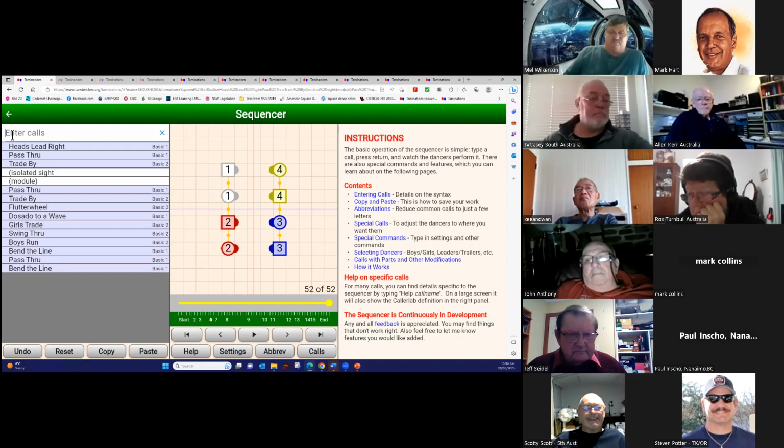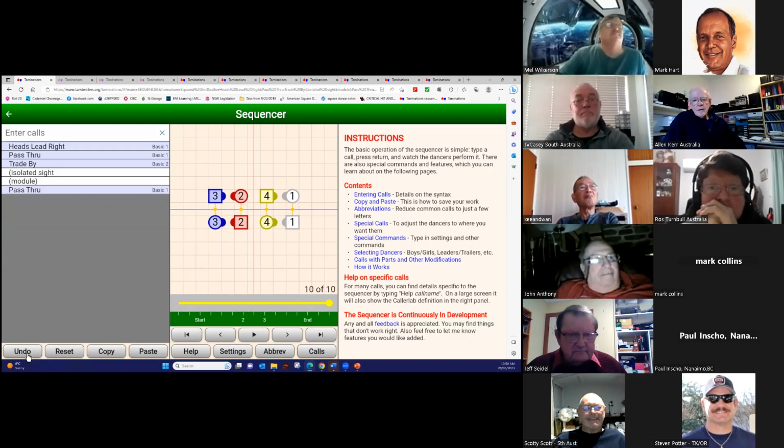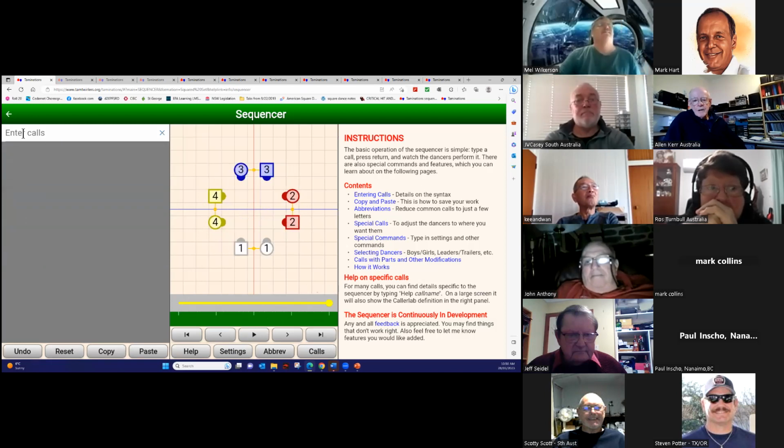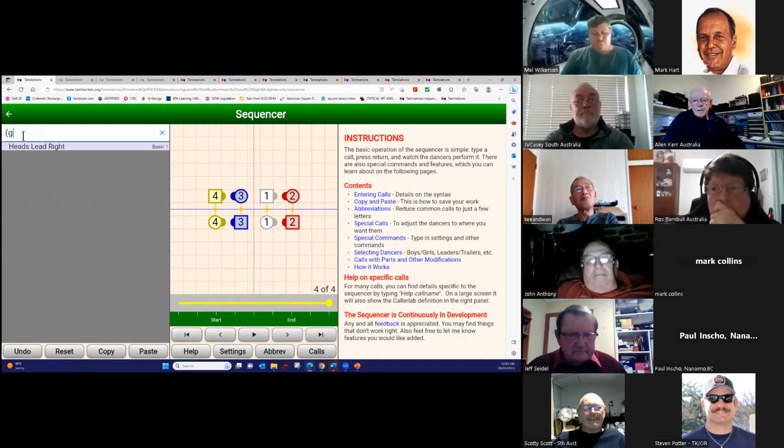Alan, correct me if I'm wrong on this, but what you're saying is if you are aware of this, you can fix this at any point and use any of those techniques. I'm putting a bit more structure than that, Mel. If you go back to lead right, heads lead right. I just hit the button one too many times. This is probably a good way, and let's do a flutter wheel just for quickness. Yeah, the boys are out, so